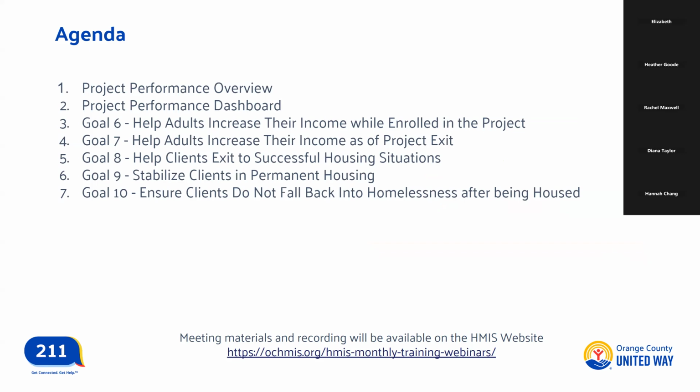So goal 6 is going to look at helping adults increase their income while enrolled in the project. Goal 7 is going to look at projects helping adults increase their income as of project exit. And goal 8 is helping clients exit to successful housing situations. And goal 9, stabilizing clients in permanent housing. And goal 10 is ensuring clients do not fall back into homelessness after exiting your program and being housed in